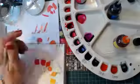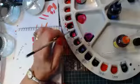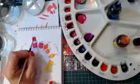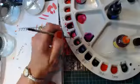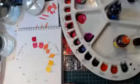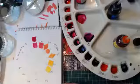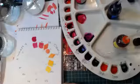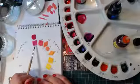So I've made a mistake because I didn't check it. So I'm going to put that here. Don't know, that looks a bit pink now. I put it in the wrong one, that's why. Never mind. Is everybody happy? Does everybody understand all that? So that does look a little bit pinky, but it doesn't matter because it does the job. It makes vibrant purples. So now we have